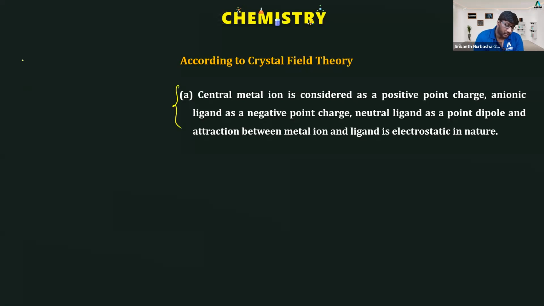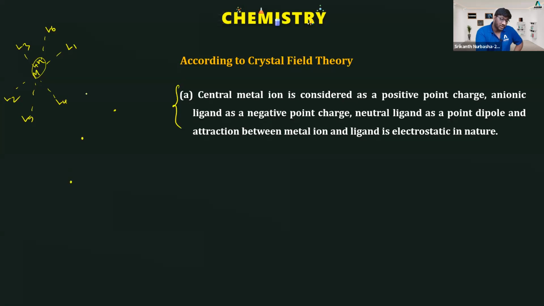From this point, what is a metal ion? The metal ion is Mn plus ion. Ligands are there, L1, L2, L3, L4, L5, L6. Six ligands are there. Let us consider an octahedral complex. We have the central metal ion and L1, L2, L3, L4, L5, L6. Now, students, the central metal ion is already a positively charged point charge,